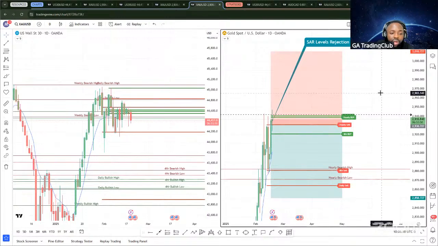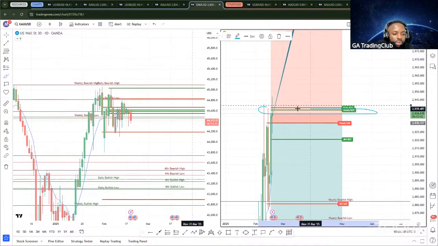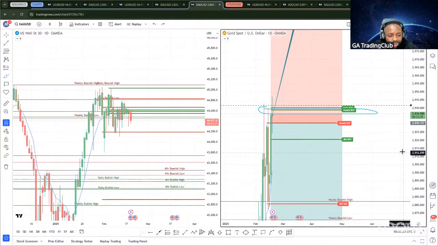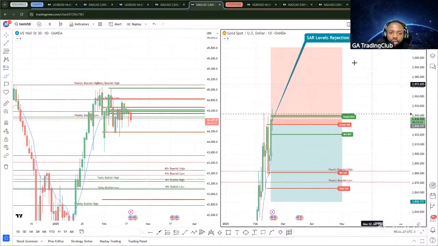But the only trade I'm in is this gold sell. This one looks pretty good, especially with these two rejection lines here, this daily and hourly rejection levels right there. Only thing is that, again, this trade might take days, if not weeks, to hit, because we have an $80 TP and $80 stop loss. The good thing I see about this particular trade is that as much as it's an $80 TP and stop loss,